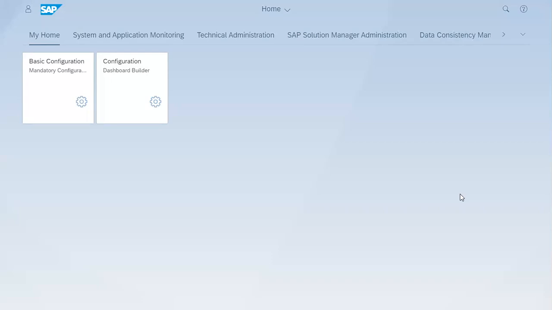Today I'm just going to show you work mode management, how it works in SAP Solution Manager 7.2. Currently I have logged in with my user ID on the SAP Solution Manager 7.2 Launchpad, and these are the applications which I'm showing as of now. So let's start with today's video.